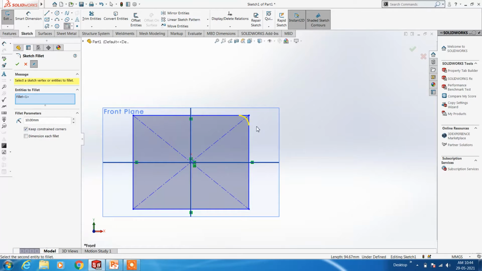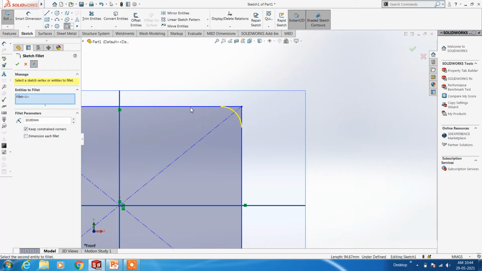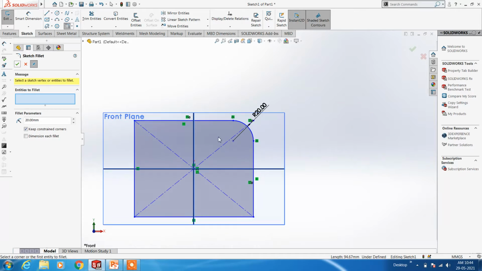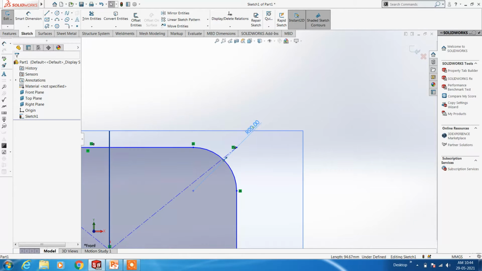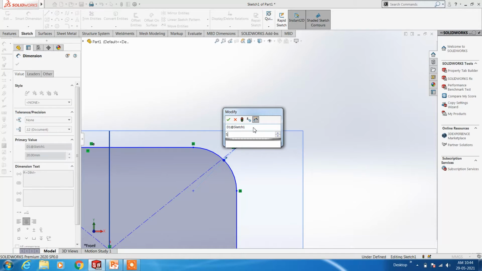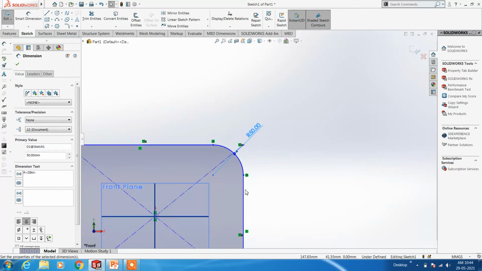So I have chosen these two lines, and your preview will be shown here. According to the radius you are giving, the sketch fillet will be formed. You can also modify here. I am giving 50.